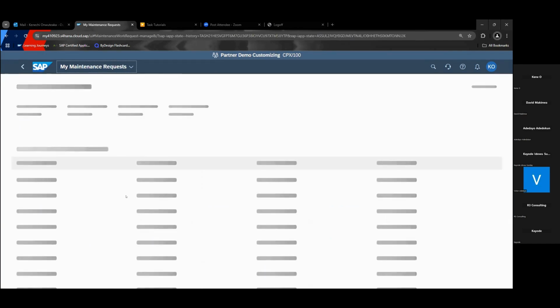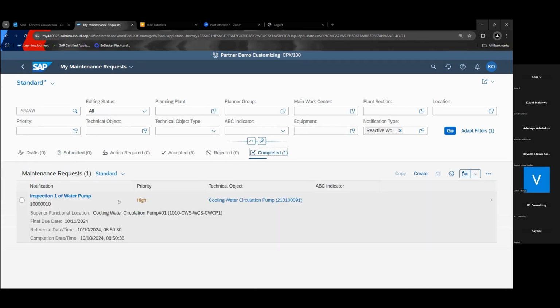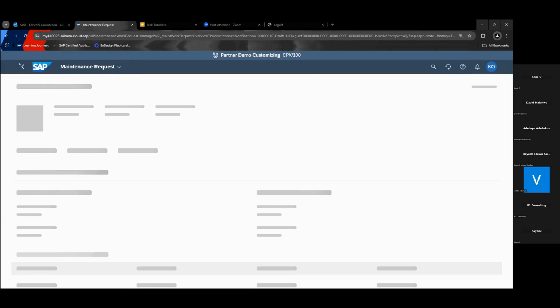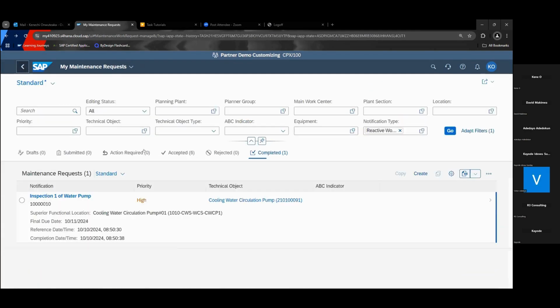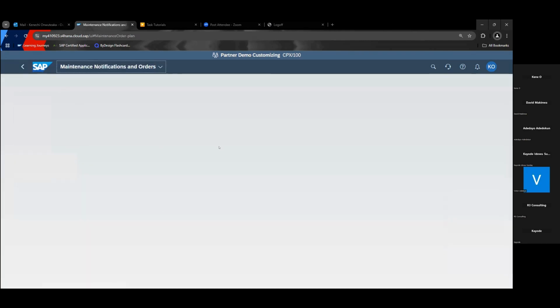We go to the screen to see our maintenance. Now let's check what the maintenance notification looks like.